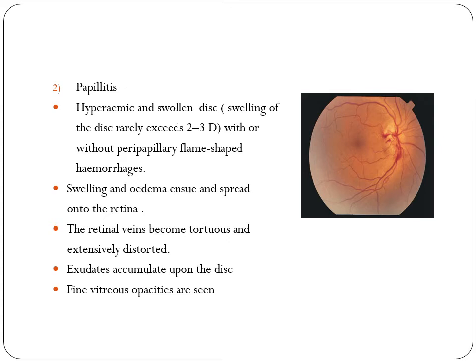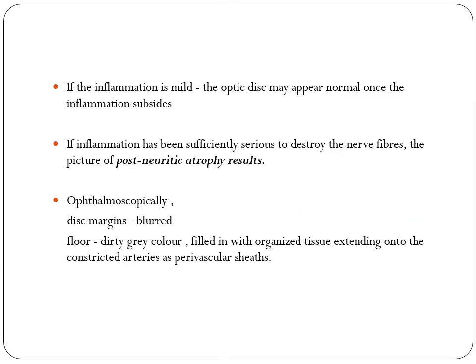Vision will be reduced and the vitreous in front of the disc shows inflammatory cells, which is known as vitritis. So if you try to see the disc in a case of papillitis, hazy media will be seen. Media will be hazy because of the vitritis. This will not be the case with papilledema. These are the differentiating features between papilledema and papillitis.